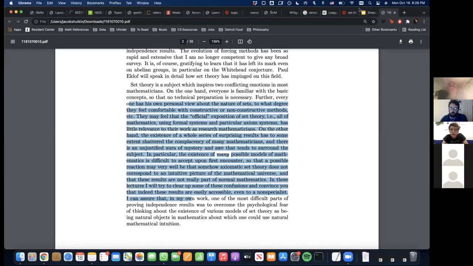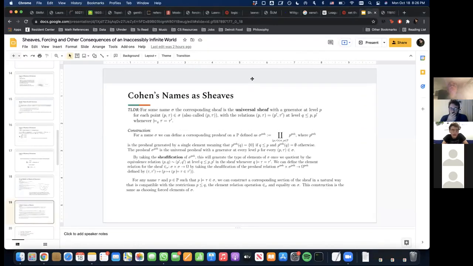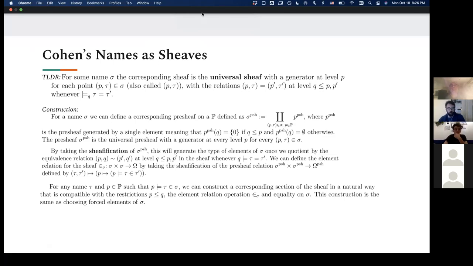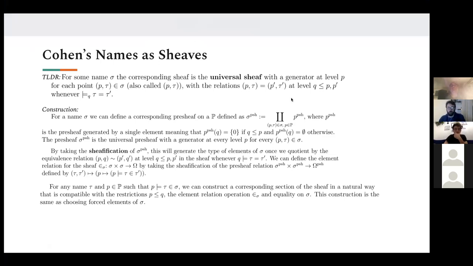Okay, you can see. Let me start from here actually, just because we've been on the names. Yeah. And I'm gonna go through this and see if this makes sense though. Right. So this is the other perspective on names where